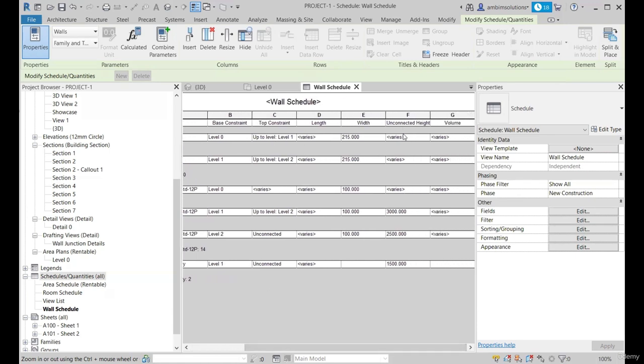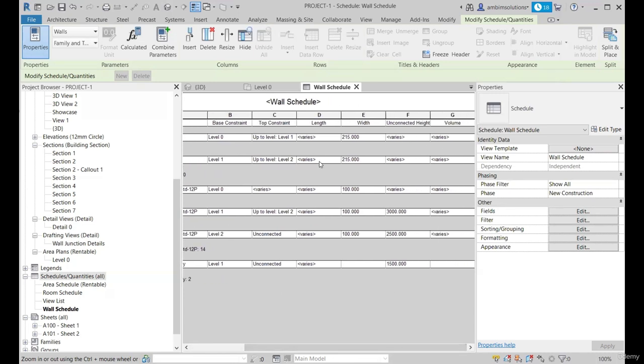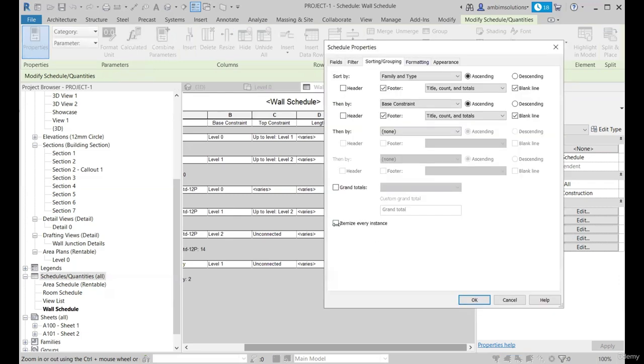But as the height varies, as the volume varies, the value is displayed as varies. This is just because all the 4 walls have different volume and height and length, so it doesn't exactly show an average for all of them. Instead, it shows varies. So if you just go and select the format sorting and grouping again and hit itemize every instance once again,